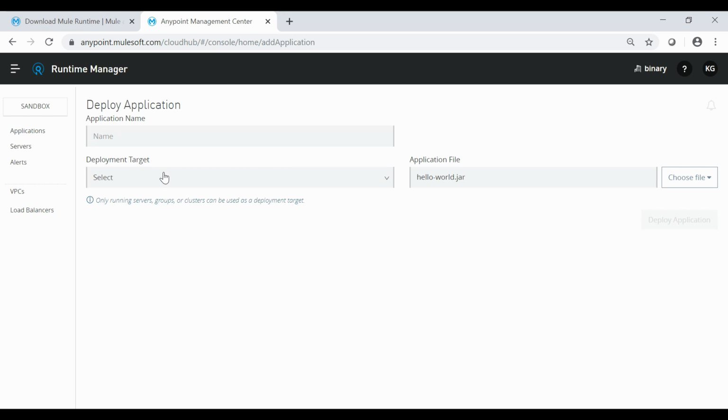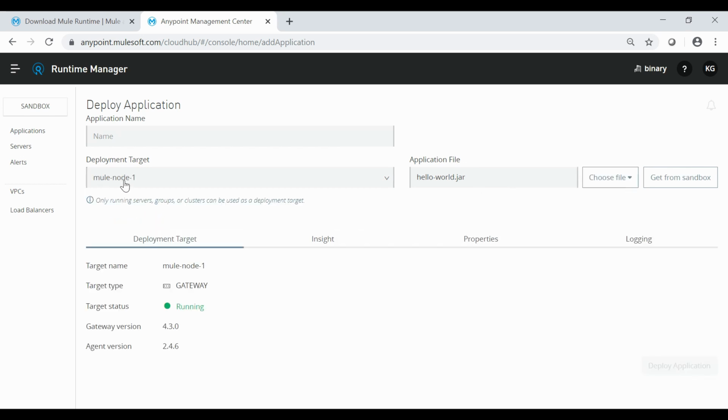Before doing this plugin, it used to show only CloudHub. Now, as we have plugged this Mule Node 1 server into Anypoint platform as well, it is showing us two options for which platform you want to deploy your application Hello World. We will select Mule Node 1, as we want to deploy this to our on-prem server. Okay. Now here we will give the name of the application.